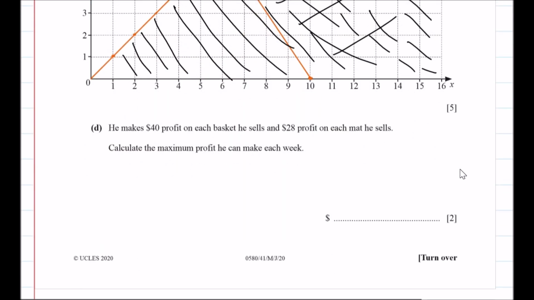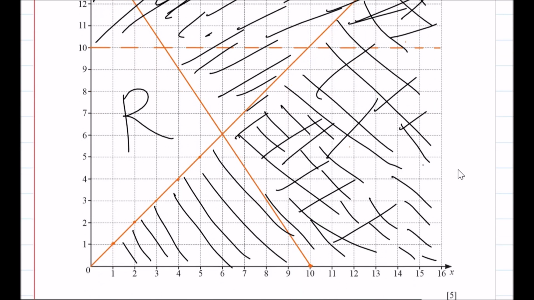R. Okay. It says he makes $40 profit on each basket he sells and $28 profit on each mat he sells. Calculate the maximum profit he can make each week. So see, he can make profit by selling mats and baskets. So profit depends on the number of baskets and the number of mats. So from this region, which pair or which point, meaning x and y coordinate, will give us the maximum